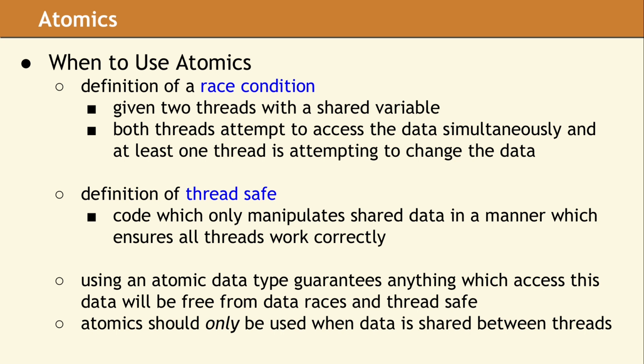There is no formal definition in the standard for thread safety. The common interpretation is that all code which works with shared data produces a consistent result. In order for a program to be thread safe, it must not only be free of race conditions, it must also produce the correct result. Using atomics does not magically make your code thread safe. Data races may not occur, but you are still responsible for ensuring the algorithm works correctly, no matter what order